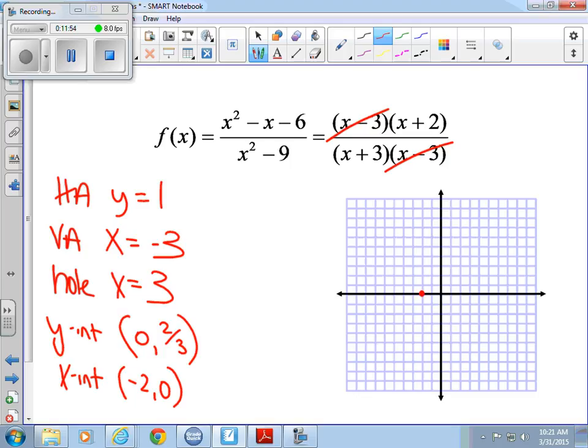Again, check all of this information in the calculator. If you accidentally get your vertical asymptotes and your